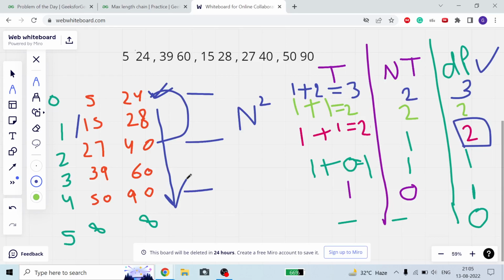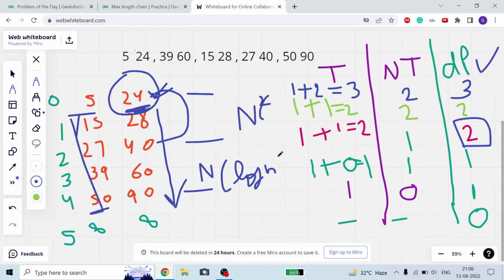But you can see this is just like searching. For a particular index, I am searching in a particular range for the next index that is greater than this 24. So I can use binary search here. So my time complexity reduces from n square: for each element n, and log n for searching the next element. For each element I am searching the next element in log n time. So time complexity reduced to,